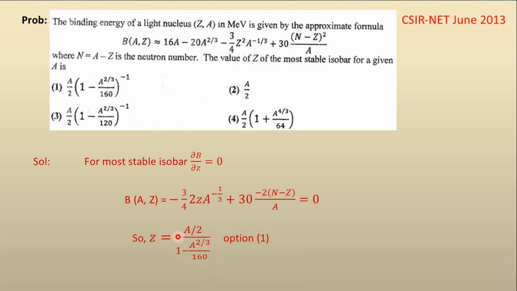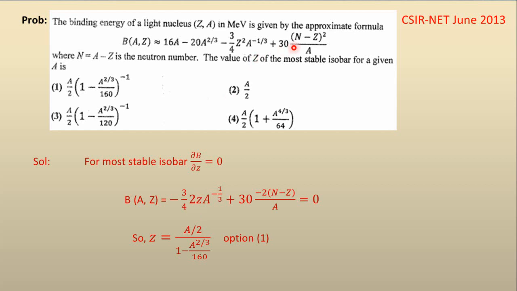आप इसको ऐसे भी लिख सकते हैं, Z equals A/2, और आप इस डिनोमिनेटर को ऊपर लेके जाएंगे तो it will be like 1 minus A to the power 2/3 upon 160, whole to the power -1. सो ये आपका ऑप्शन हो गया. सो आप कुछ भी फॉर्मूला यूज कर सकते हैं, बट ट्रस्ट मी, ऑल्टरनेट ईयर आपको